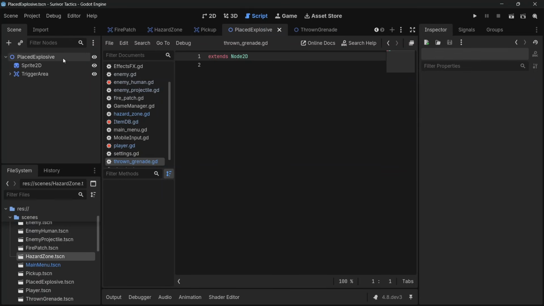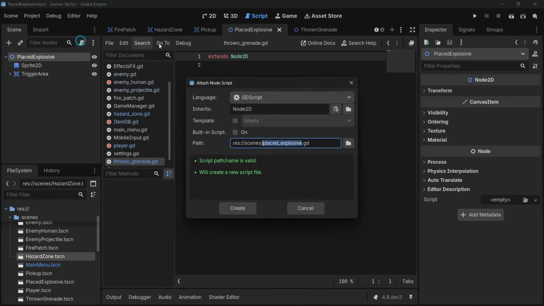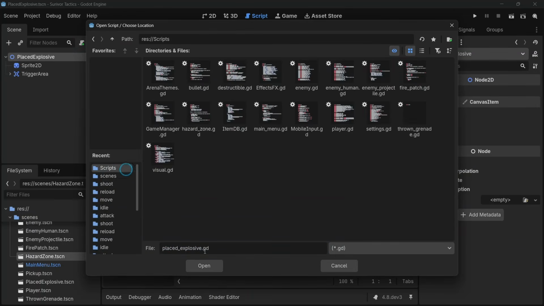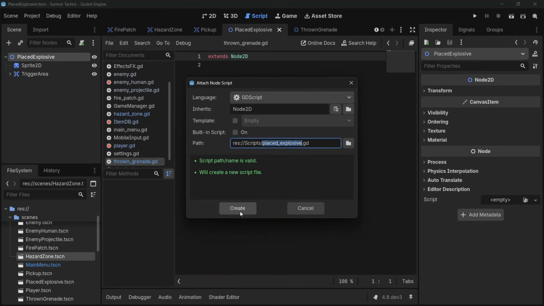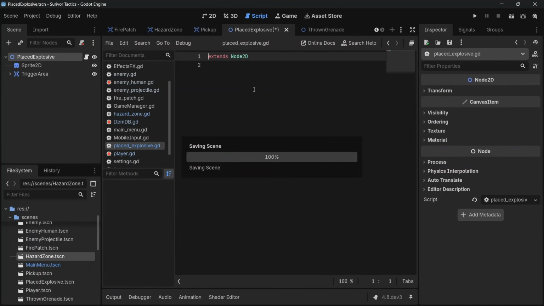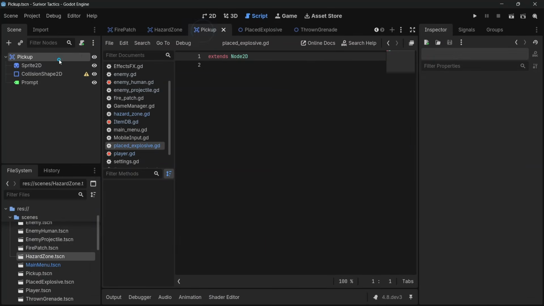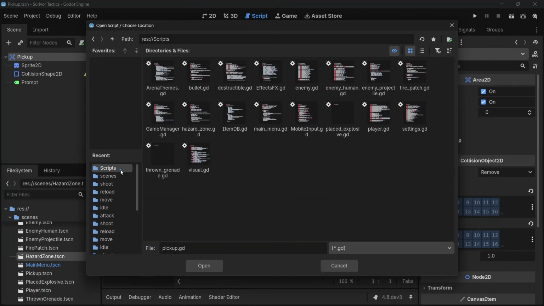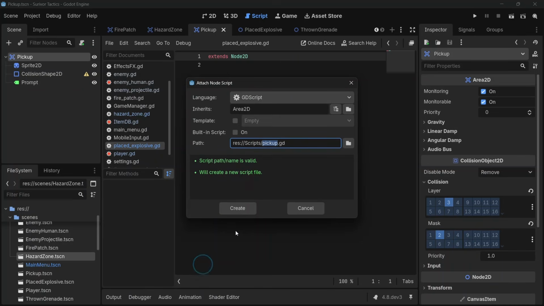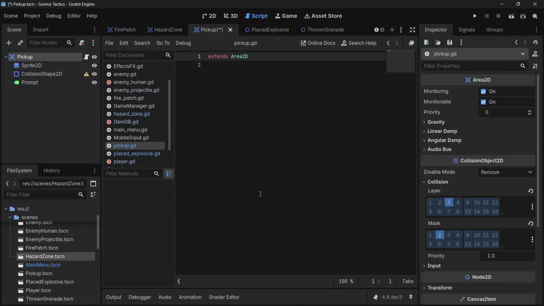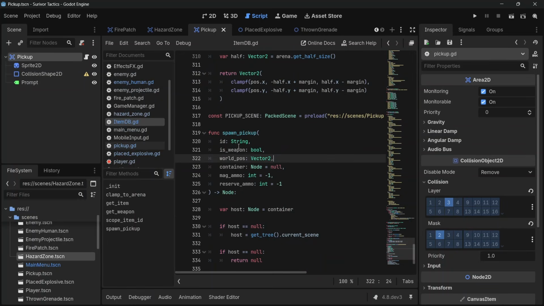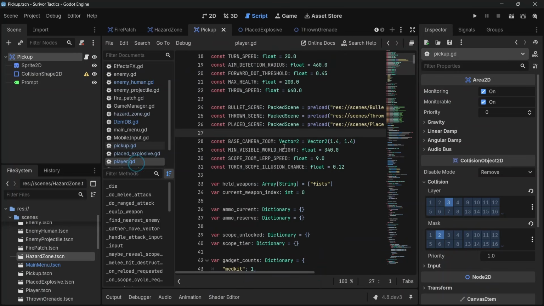We attach a script to it. Let's come to place explosive, attach a script to it as well. Make sure we are selecting the scripts folder, sorry, and pick up, attach a script to pickup as well. Come here, click on scripts and open, click on create and generate the scripts. Now, enemy human, as you can see, grenade has disappeared, item database disappeared, the player also,